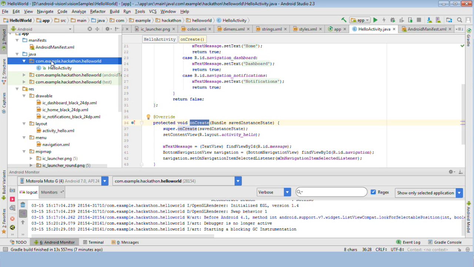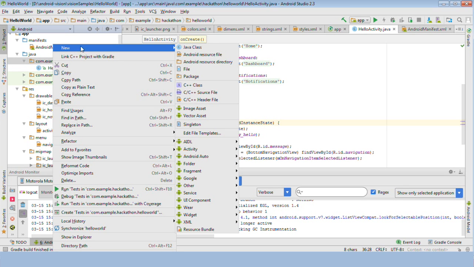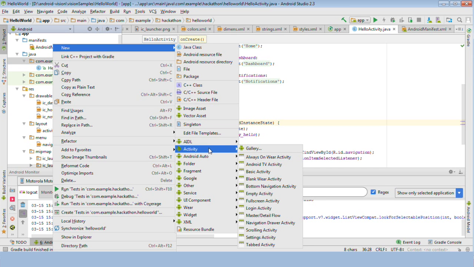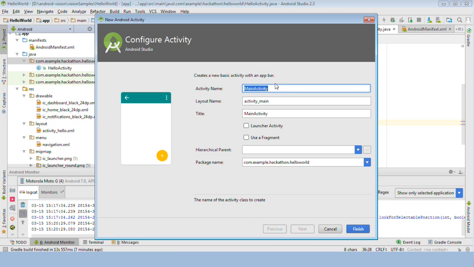Suppose we have one hello activity, and now we would like to jump on to another activity. So, we create another activity, which is say a fragment activity. So, let us just go ahead and create a basic activity. Okay, this is going to be our